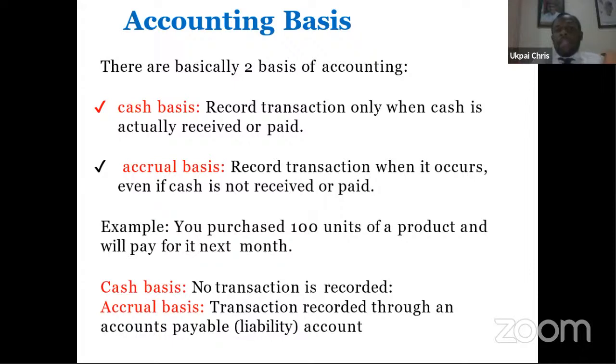Ordinarily in accounting, cash basis is not a good form of accounting. Take for example, you are producing garri. After production, somebody came to buy and is buying on credit. You give the person 20 bags of garri. Cash basis is telling you that you will not record it in your books of account that you have sold because the person did not pay you at that time. Am I communicating? So it's not a good basis.